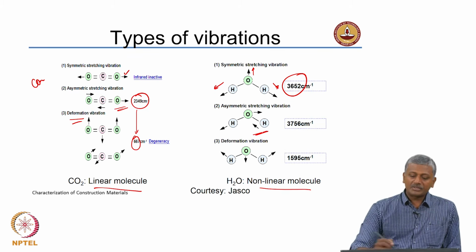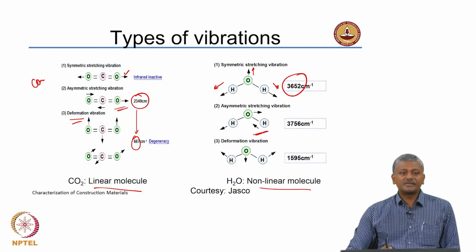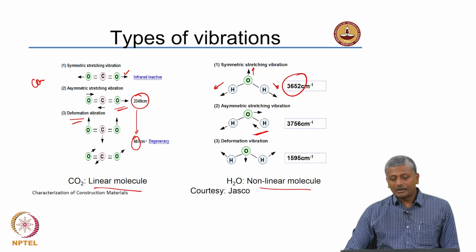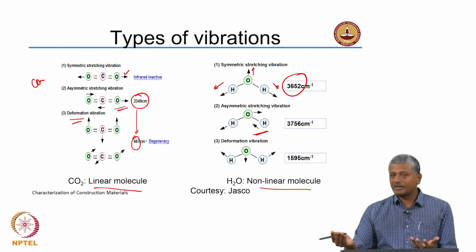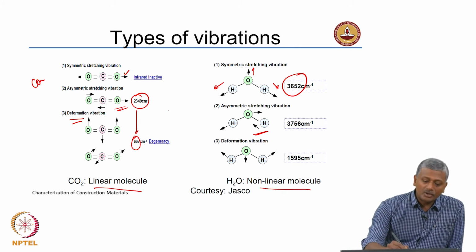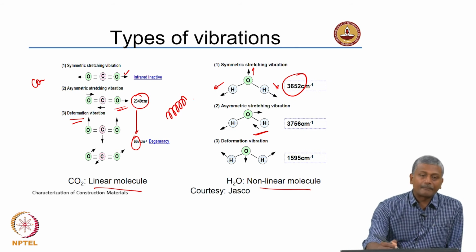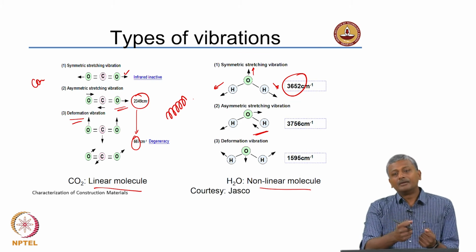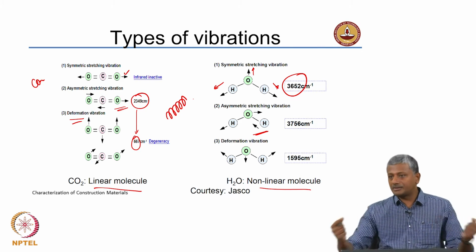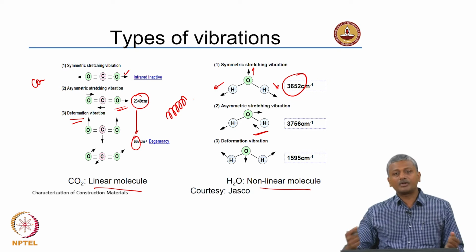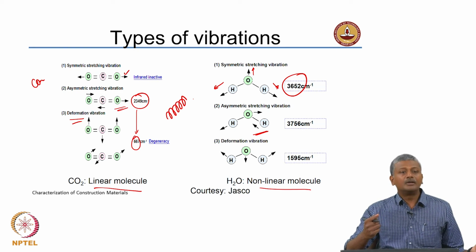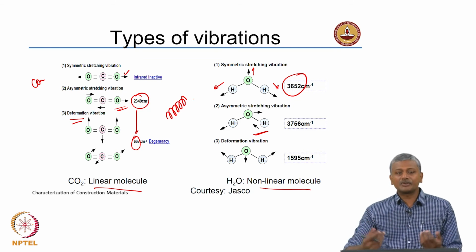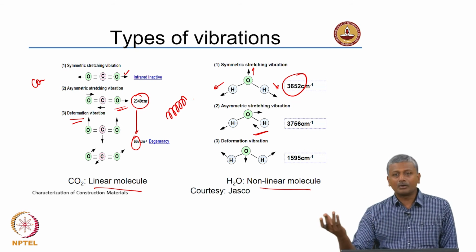Asymmetric stretching vibration happens when you get differences in the way that these bonds are stretching. Now, for ease of understanding, just imagine that these bonds are springs. So, what happens when you stretch the spring or when you compress a spring? When you stretch two springs together at the same time equally, or when you stretch one spring with one force, another spring with a different force, and so on. That creates your stretching which is either symmetric or asymmetric.